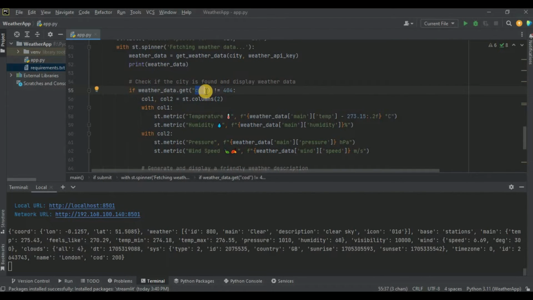COD is actually a field that contains the status code for the response. So we are checking that if the status code is not equal to 404, which means not found. So if the status code is not equal to 404, this means that we have fetched the response. So if we have fetched the response, then we are going to create two columns inside our user interface by